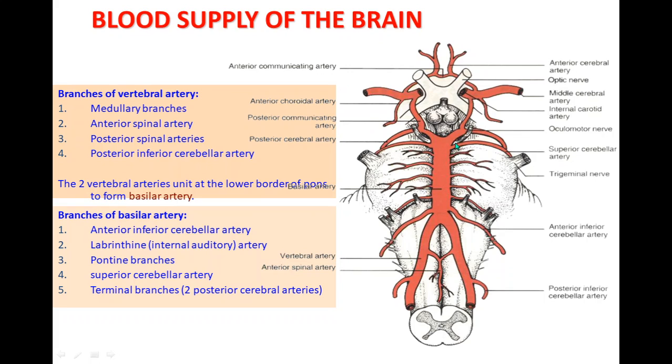So this is the right posterior cerebral artery and this is the left posterior cerebral artery. That's how the basilar artery ends. So this is just in brief about the vertebral system of vessels. I will come to this circle of Willis again, and to this vertebral system in detail, in the coming slides. So next, move to